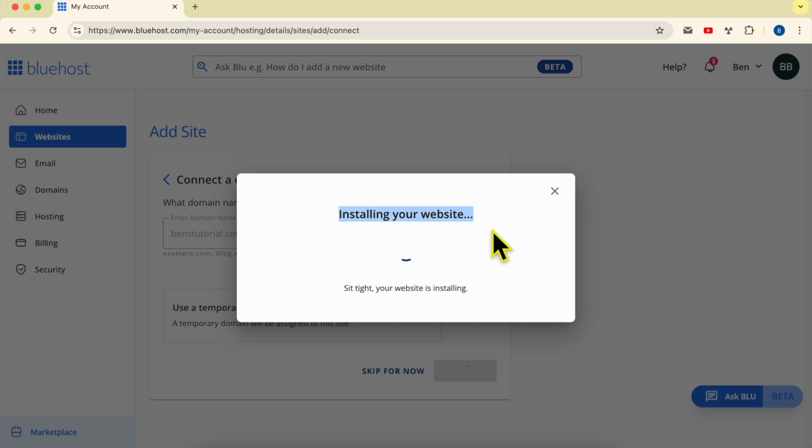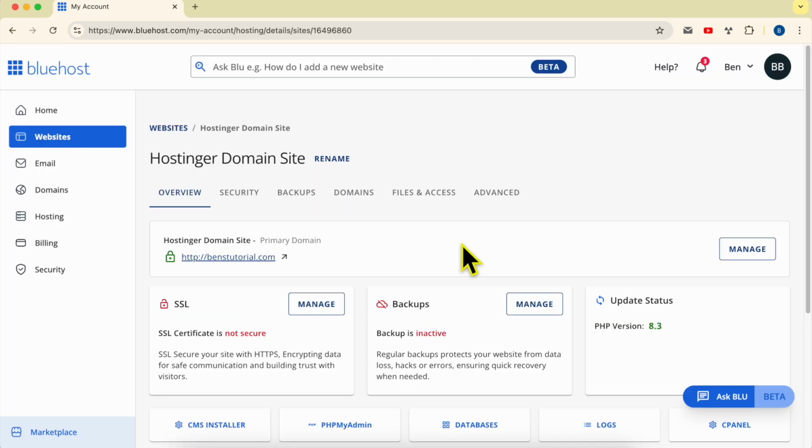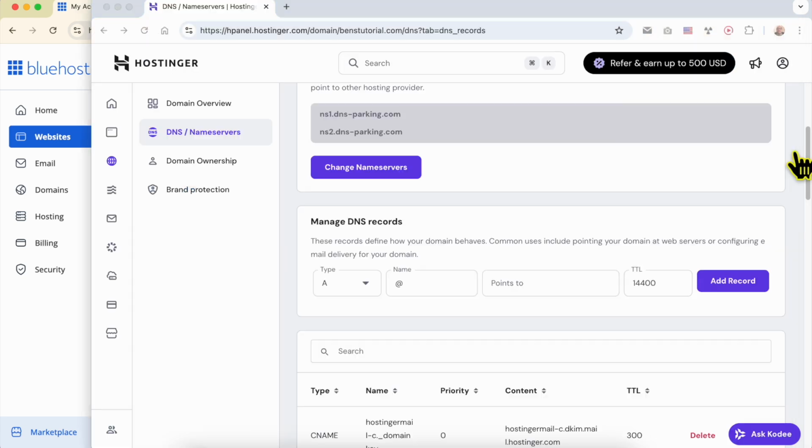They are now creating my empty website. And just like that, my new website using my existing domain is created. Now, an important step that you should do in order to let your existing domain name provider know about Bluehost is to go to